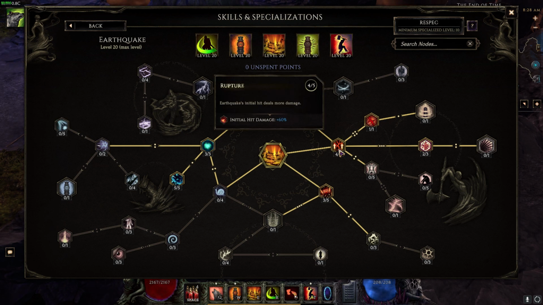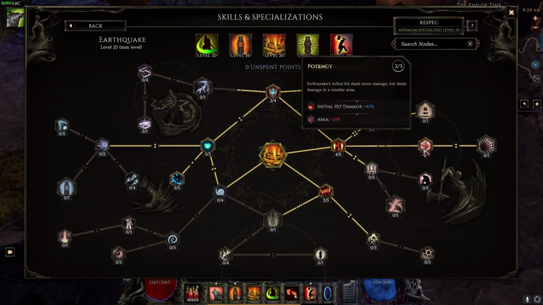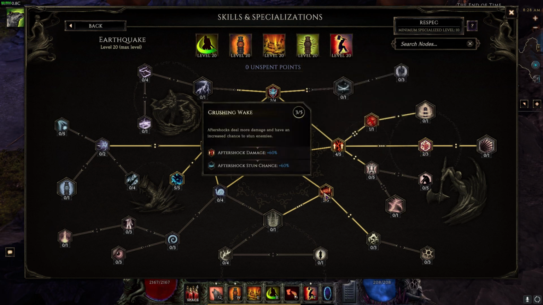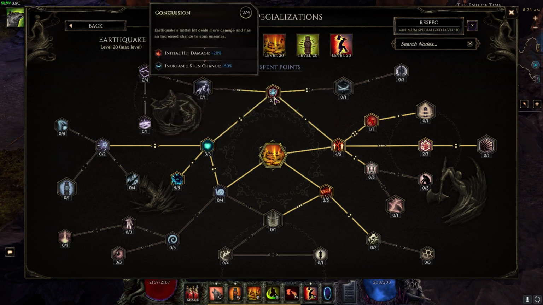We have 4 points in Rupture to increase the initial hit damage, 1 point in Seismic Smash to get rid of all aftershocks, but all aftershock damage will increase the initial hit damage, 2 points in Potency to have the initial hit damage be even more. This will reduce the area of effect a little bit for it, 3 points in Crushing Wake to increase the aftershock damage by 60%. This is converted to initial hit damage, 2 points in Concussion for some more initial hit